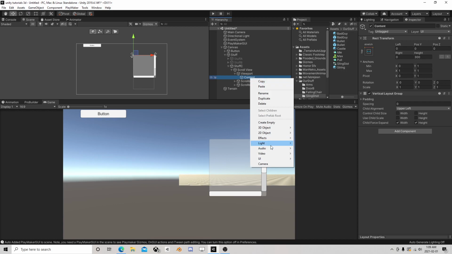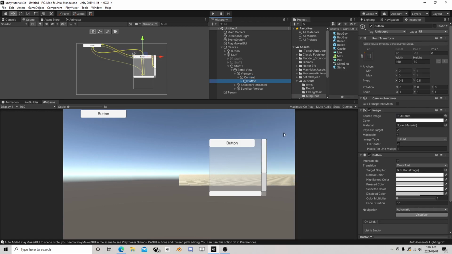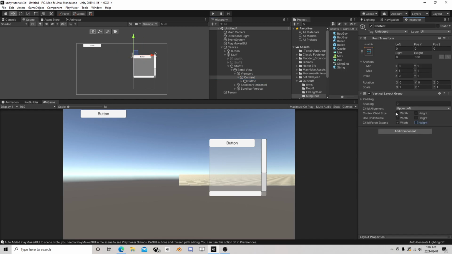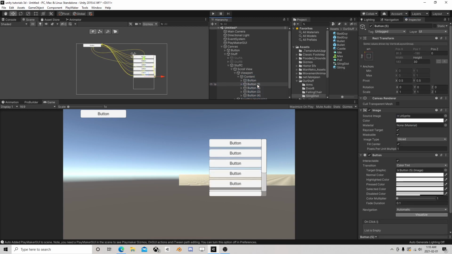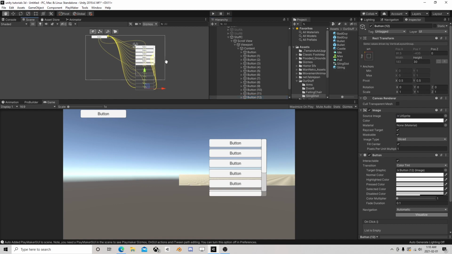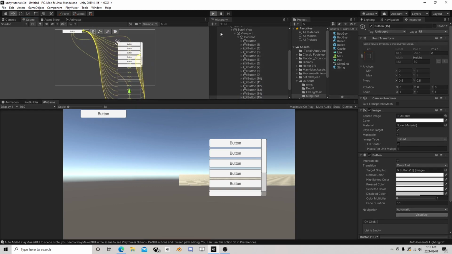So now I can add, say, a UI button or whatever it is. If you want to use an image or something, that's fine too. Right? And let's say we're going to do that. And give a bit of spacing. Now if I take the button, as you can see, he comes down and they're still being made, but they're masked out. And if I hit play,